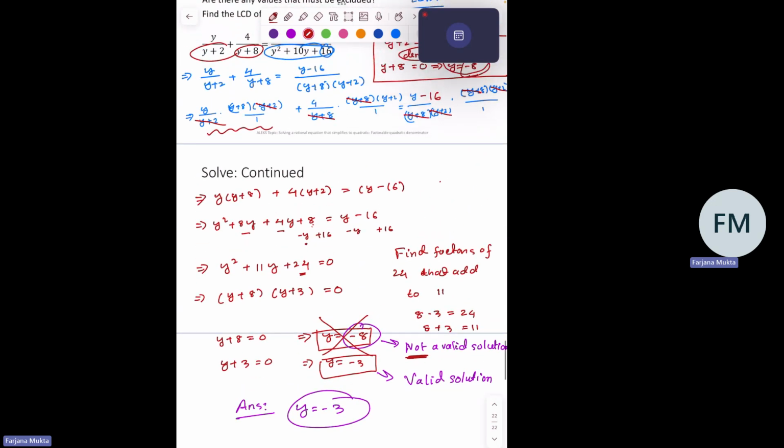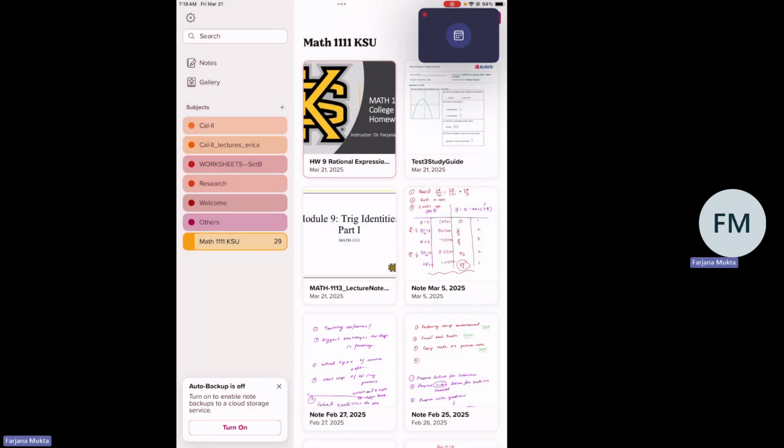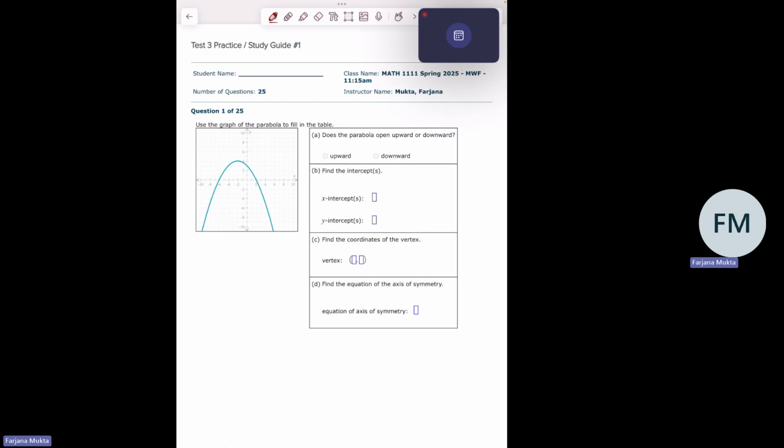All right? So now for the rest of the class, I'll move forward and try to work with our study guide, okay? So let me move forward and open the study guide. So this is our study guide. Let's quickly try to look at each of the questions here, okay? I'll try to be quick here. So the first question